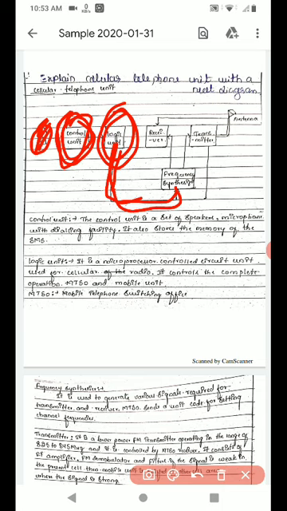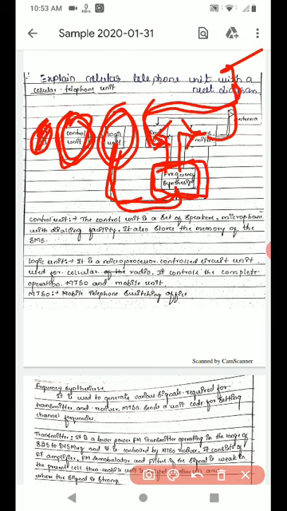Next, coming to the frequency synthesizer. It will give different bands of frequencies for uplink as well as for downlink. The uplink frequency band will be given to the transmitter. The downlink band will be given to the receiver. These two, transmitter and receiver, are connected to an antenna, because the antenna will transmit the signals as well as receive the signals. This is the explanation about the cellular telephone unit.